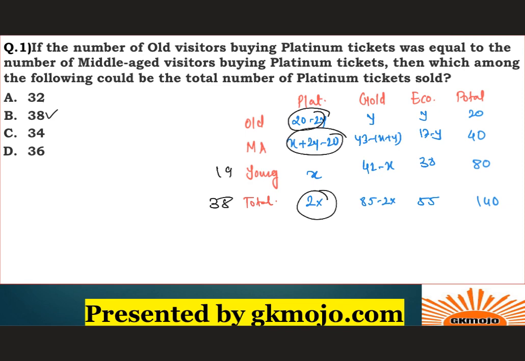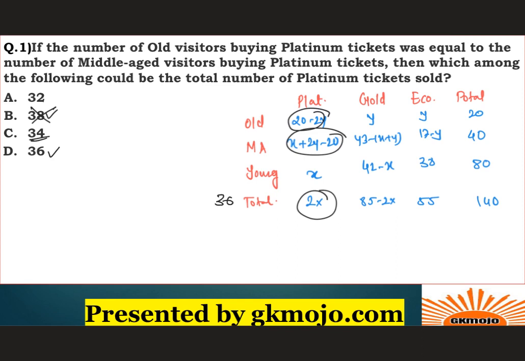If this is 38, we're just assuming the options over here. So this will be 19 because this is half of it, and these both are equal, so let's suppose a and a, right, because they are equal, but together they should be 19. So it should be 9.5 and 9.5, which is not possible. A ticket cannot be split into half, so this option is not possible. Similarly, if you cross check for 34, the same issue will happen. 34 over here, so 17 will be this, and then you'll have to split it into 8.5 and 8.5, which is not possible, right?